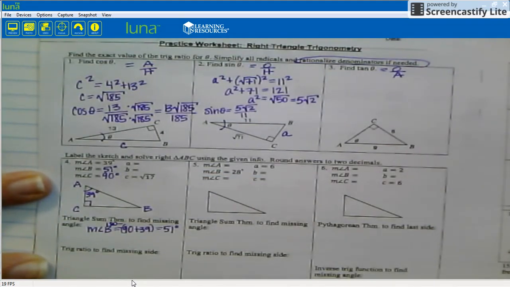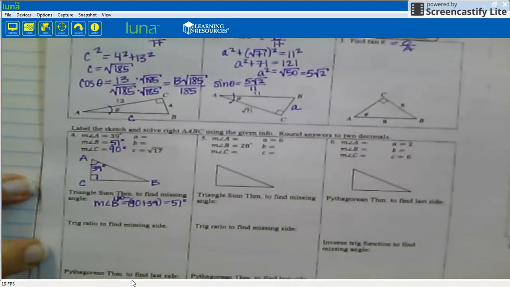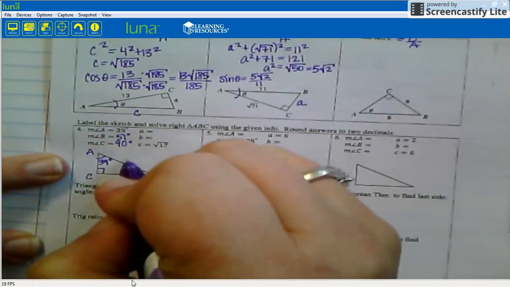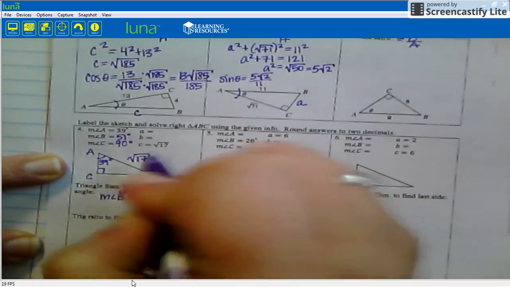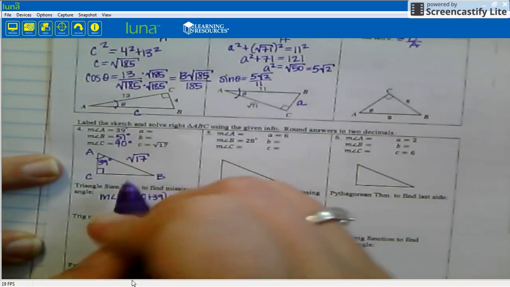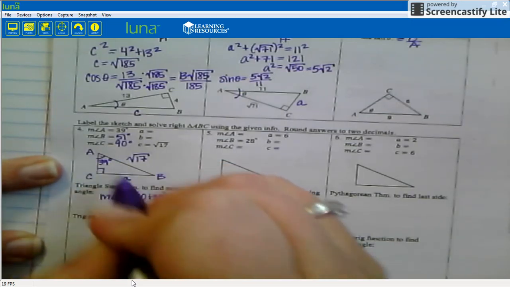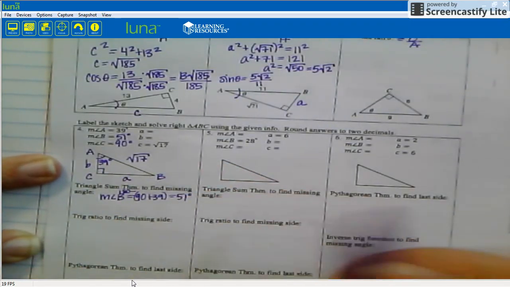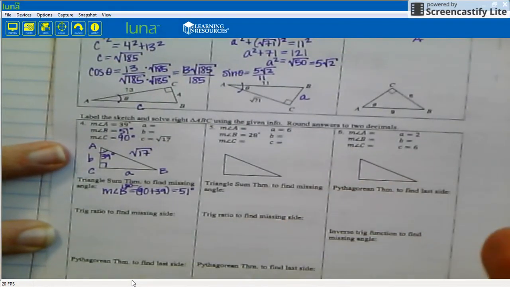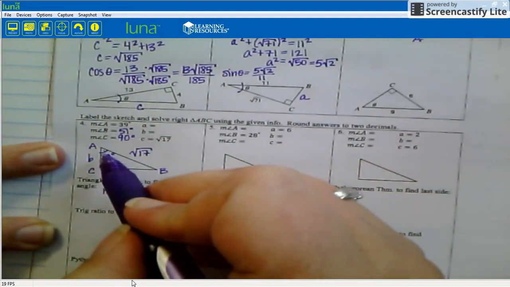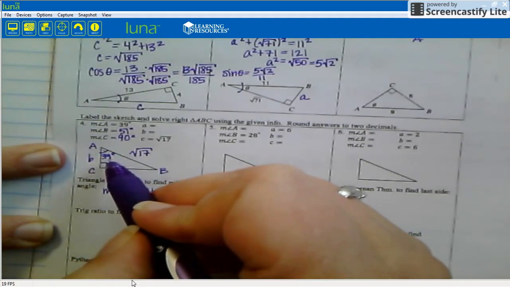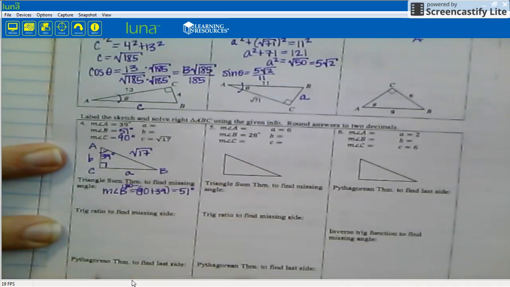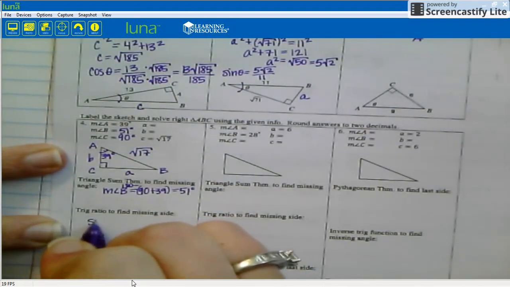And then to solve for one of your missing sides, and it doesn't matter which one you solve for, what I know is that my hypotenuse is the square root of 17. And so my sides, if I call this little a because it's opposite angle A, and this little b because it's opposite angle B, then I can use a trig ratio in order to solve. So I know the measure of angle A, it's given to me as 39. So what I do is I say, okay, well, the sine of 39